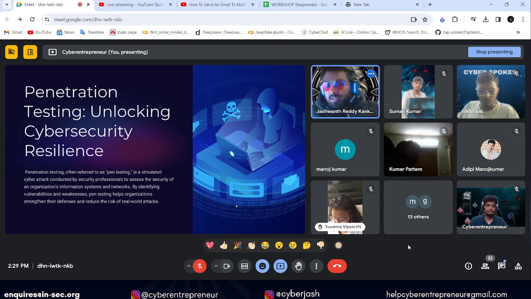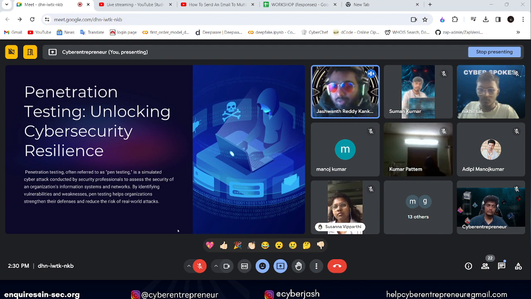What is the goal there? The goal is finding the weakness, and then it will be written as a report and sent to another team. So what exactly happens after they do the pen testing is they will analyze it, okay, this is what's going on, and they will do a bunch of secure coding if there are any errors in the